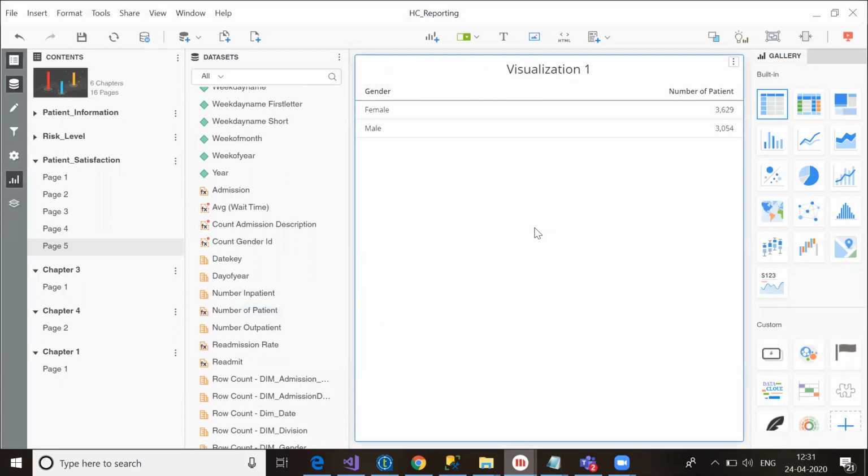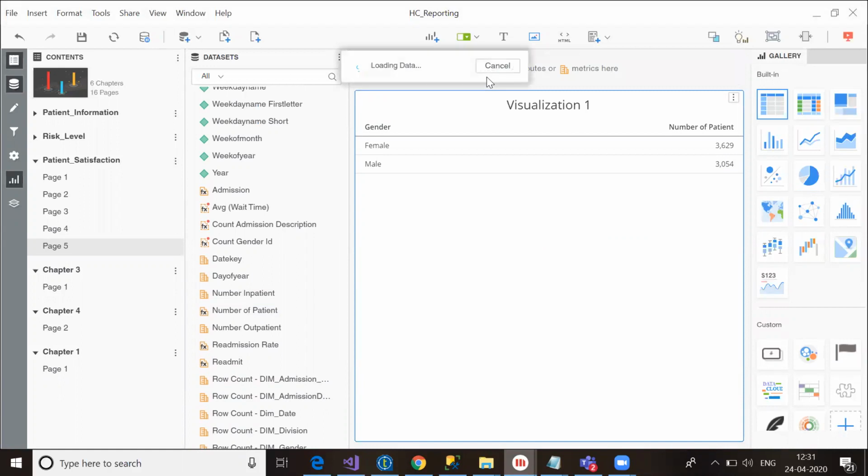So for doing dynamic filtering, we have to click on filter and click on attribute filter. I want to show you on two graphs, so I will add one more visualization.